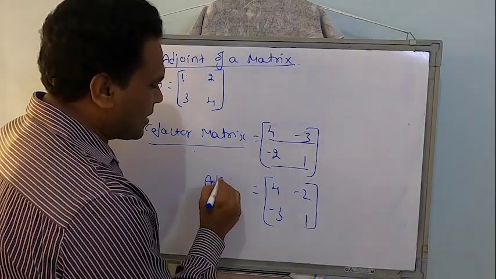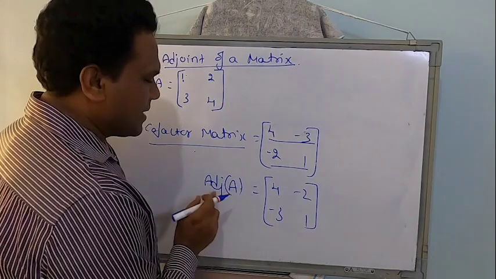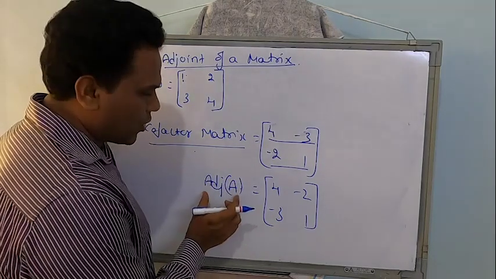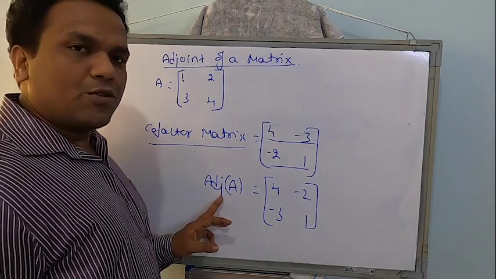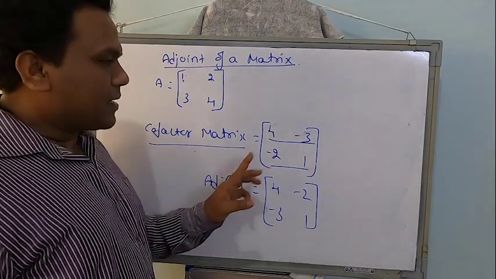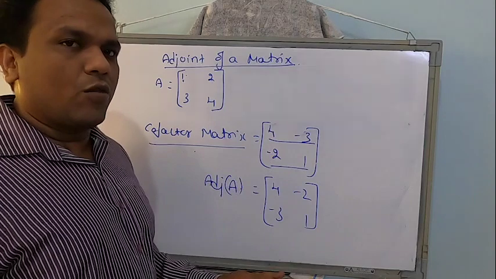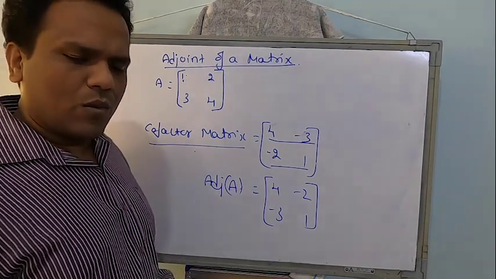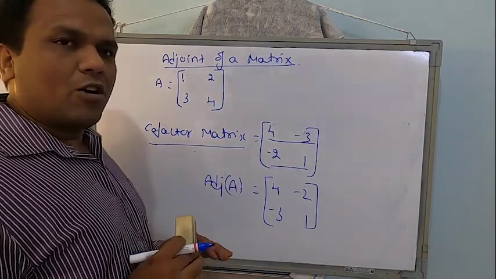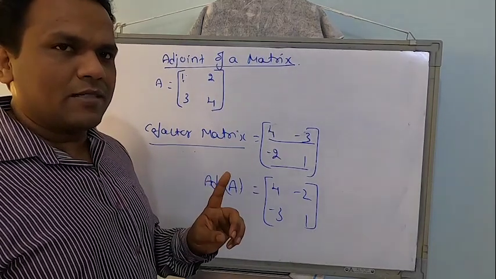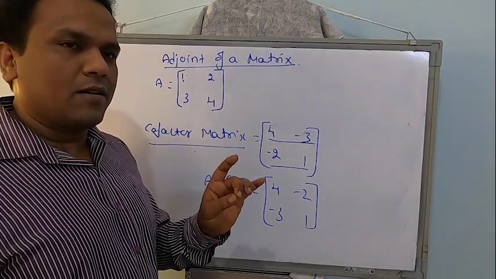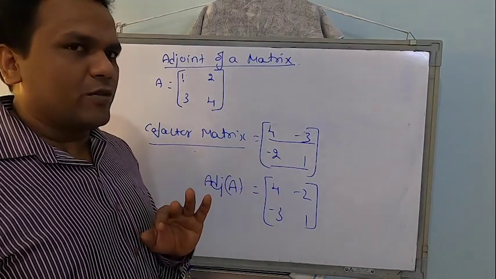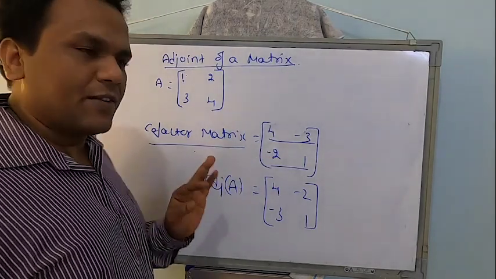So adjoint of a matrix in short form is written like this. Adjoint of a matrix A, short form is this. Right. So that's the definition we are looking for. Adjoint of a matrix is nothing but the transpose of the cofactor matrix. In one single column, I will explain all three concepts: finding minors, finding cofactors, finding adjoint. While finding cofactors I will teach you a simple concept, not with the definition.